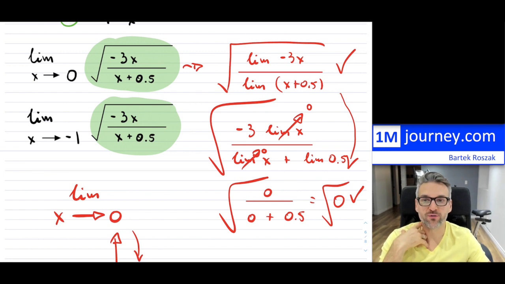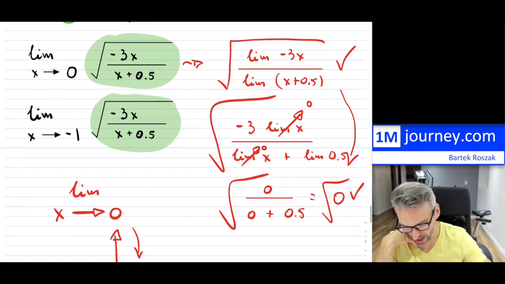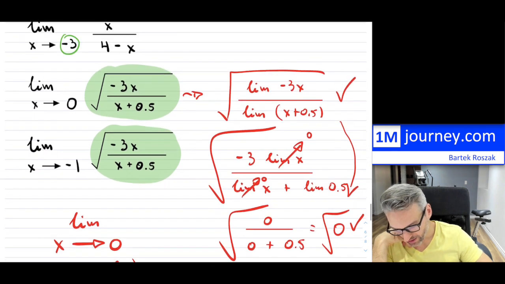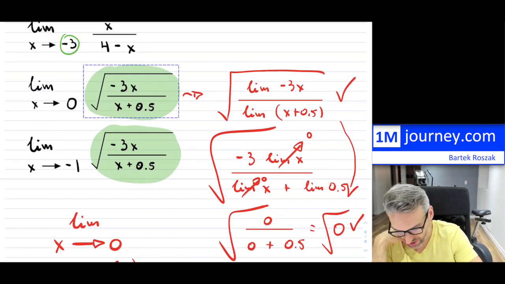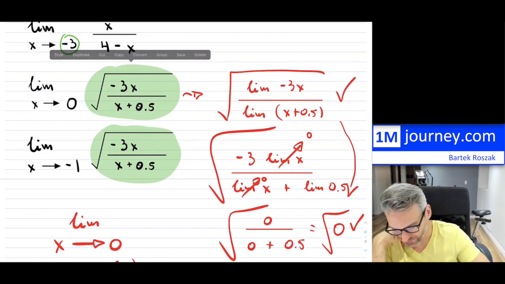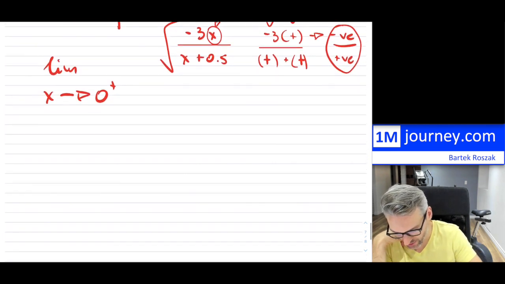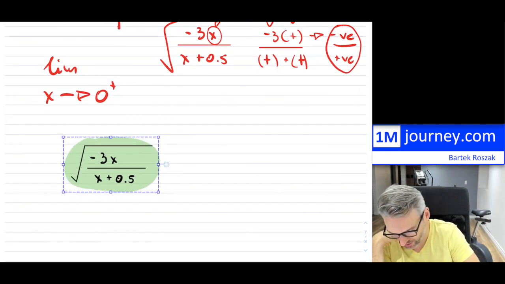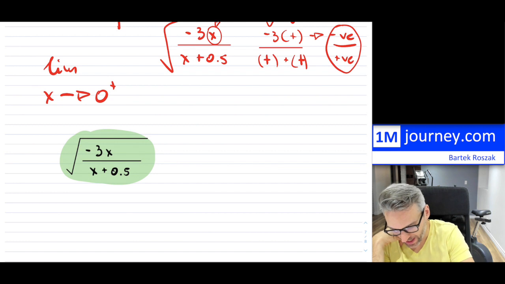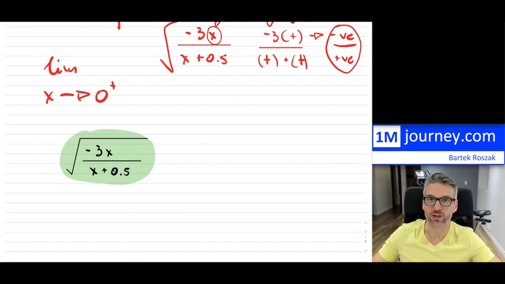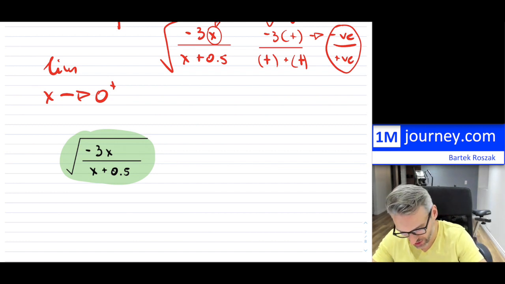Now, how could we avoid that? Well, in order to avoid it, you actually have to take the original and find where it is defined beforehand. Now, this wasn't really necessary for us to do in the past, but